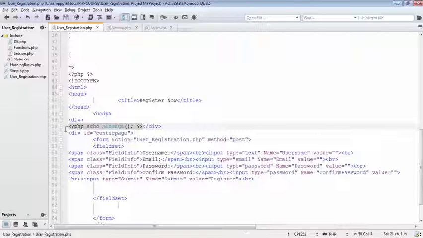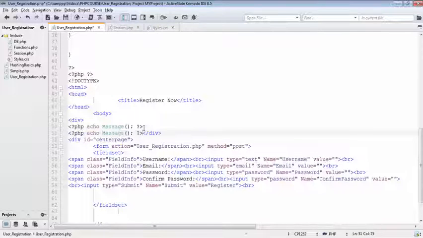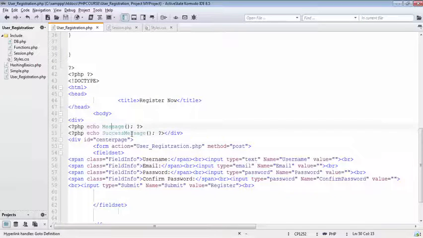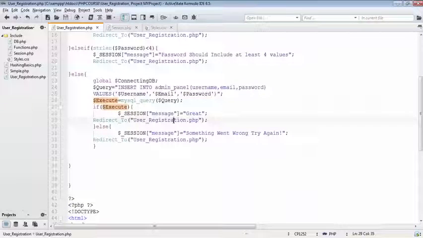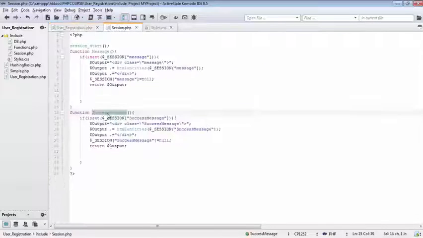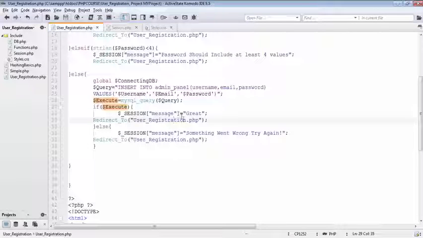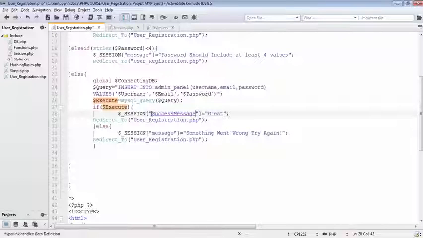So let's copy this function call, and let's paste it right after it, and also let's change this call to be success message for when we are going to get our success message call. Let's save this, and in my executing great function, I also have to pass this success message session right here. So in case of something with the success, we are going to get the green background. Now saving this one out,